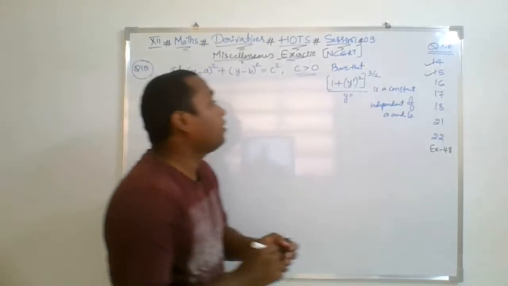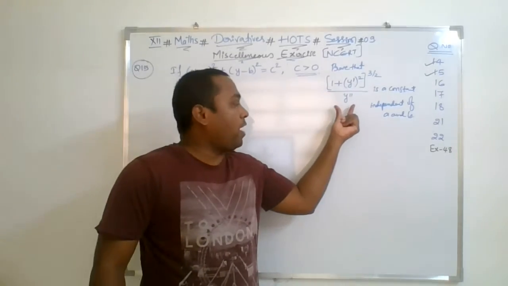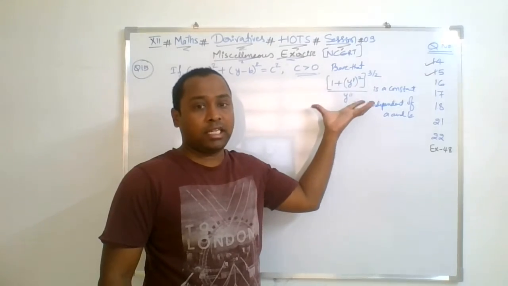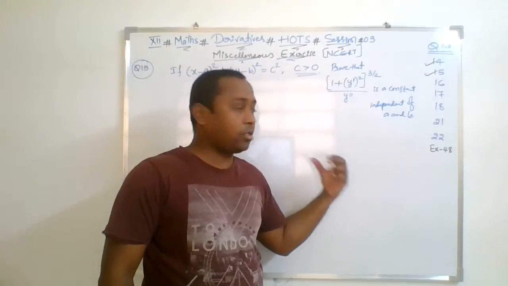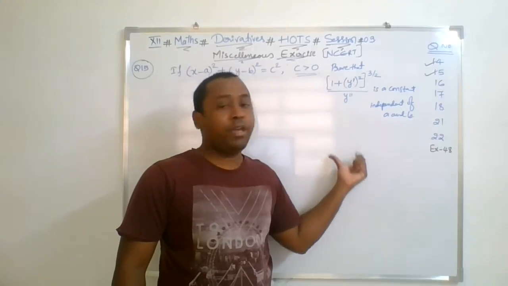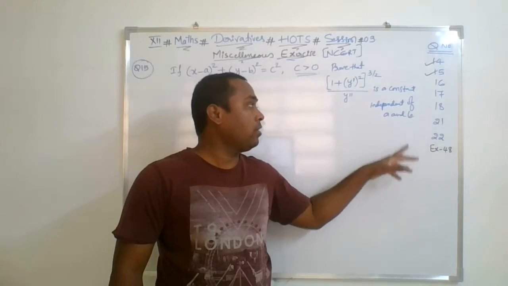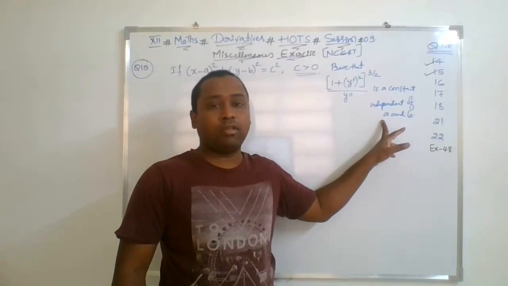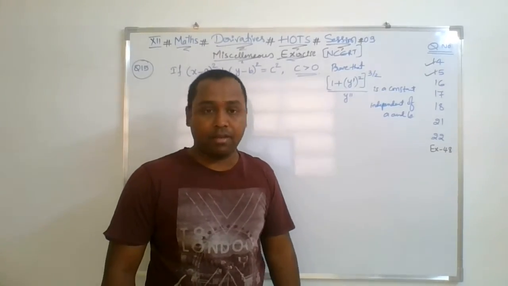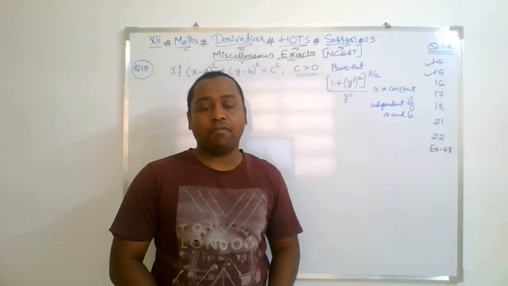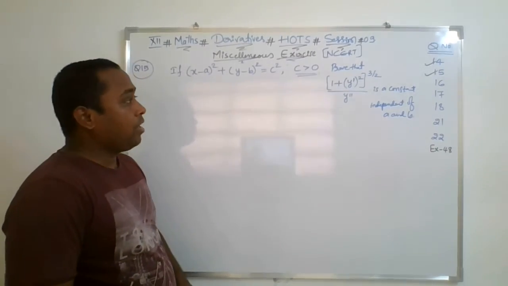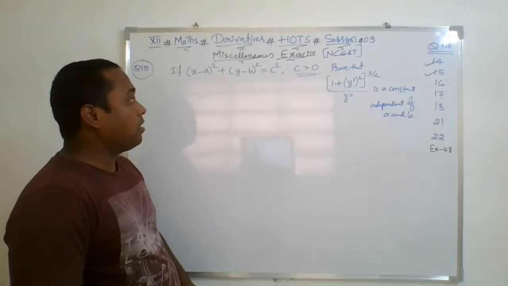It means that when we substitute y double dash, that is the double derivative answer, and the single derivative answer in this expression, after simplification it should be a constant, and that constant does not involve the variables or constants a and b. So that we call independent of a and b. Right? There should not be a and b in the answer, and that must be a constant, right?